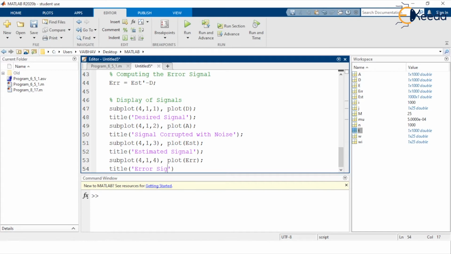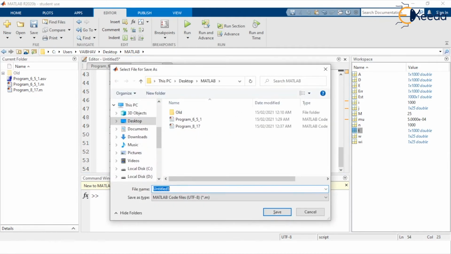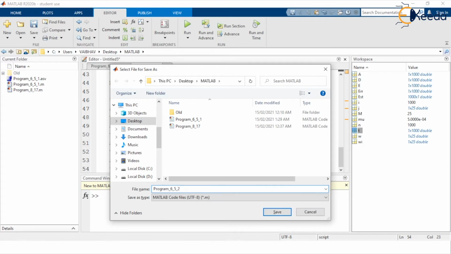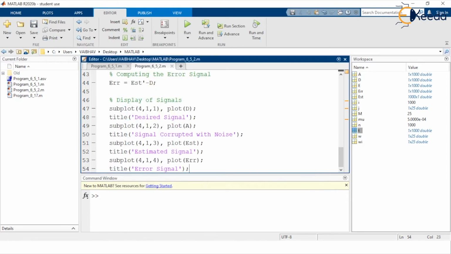So this completes our MATLAB script for the implementation of the steepest descent algorithm here. So here we write the name program, as this is the 6th chapter. We have 6 underscore 5 underscore, this is the second part here, dot m will be the file extension here. So yes, we have this, and now let us run this code.